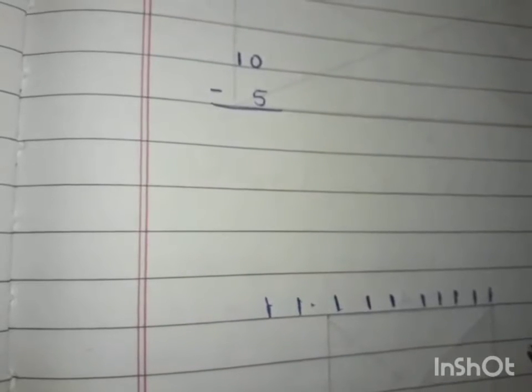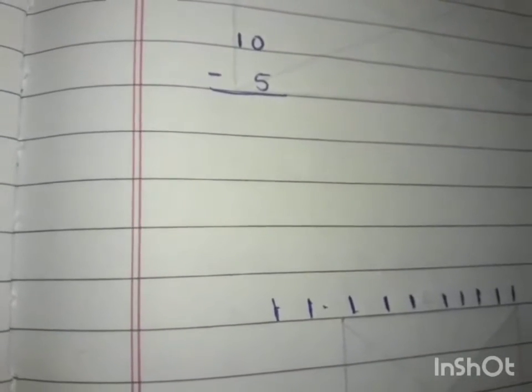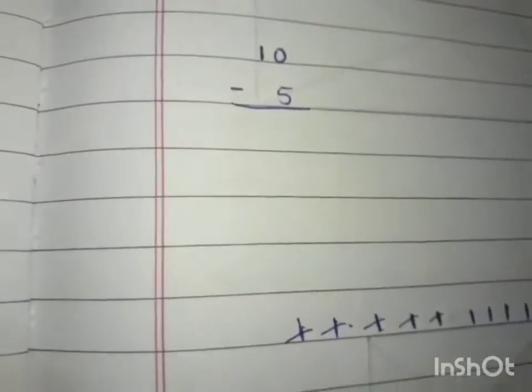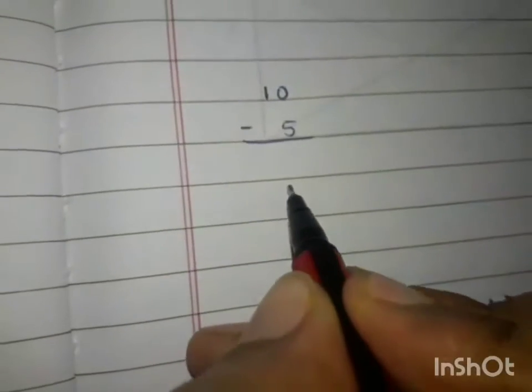So you had 10 chocolates. From that you have given 5 chocolates to your friends. So how much will be remaining? We'll calculate it. How do we calculate it? Imagine you have 10 chocolates. 1, 2, 3, 4, 5, 6, 7, 8, 9, 10. From this what are we doing? We are removing. We are giving 5 chocolates to your friends. So it will be 1, 2, 3, 4, 5. So count how many are remaining. They are 1, 2, 3, 4, 5. So this will be our answer. So I'll write it down here.